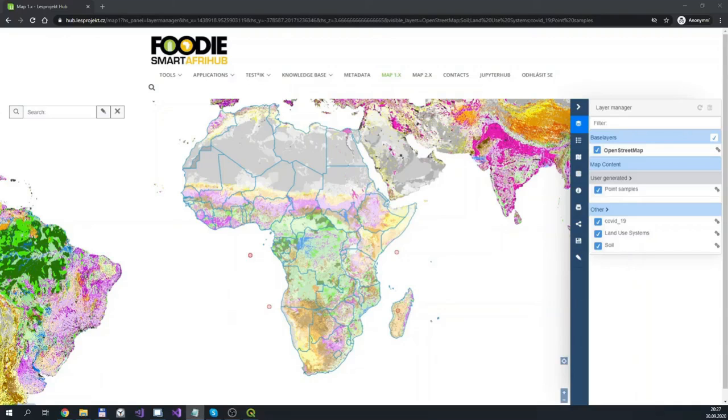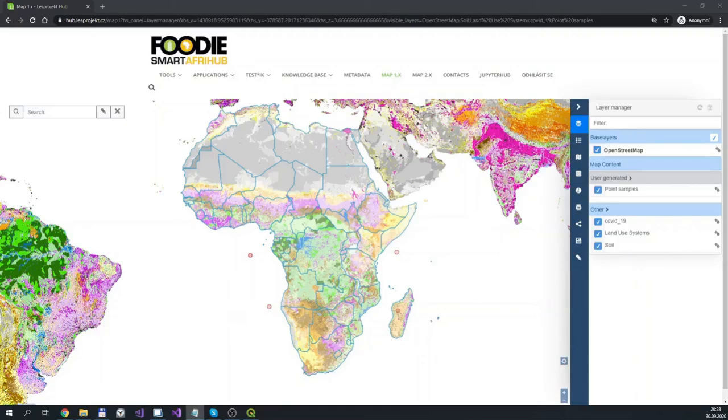So far, we have loaded layers, created data, and saved map compositions, which is really something that every one of you can do right now with those tools, whether you use QGIS or web application. It's important to mention that the metadata of all the compositions that you save to layman are automatically registered in MITSCA metadata catalog as well. And that means one thing, that this way you can create great community data store. You might have some interesting data which could help others, so simply publish them on the portal and share.